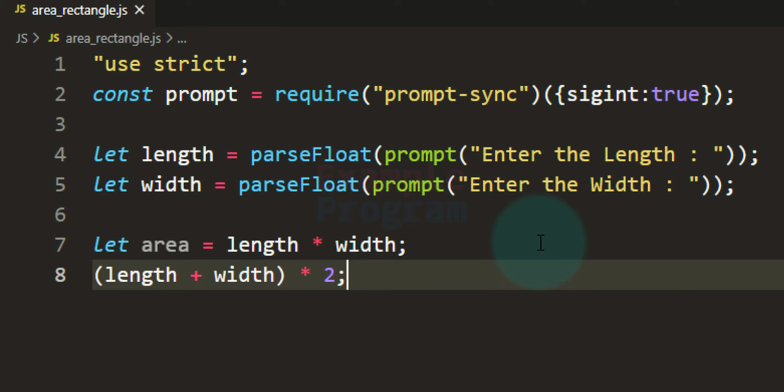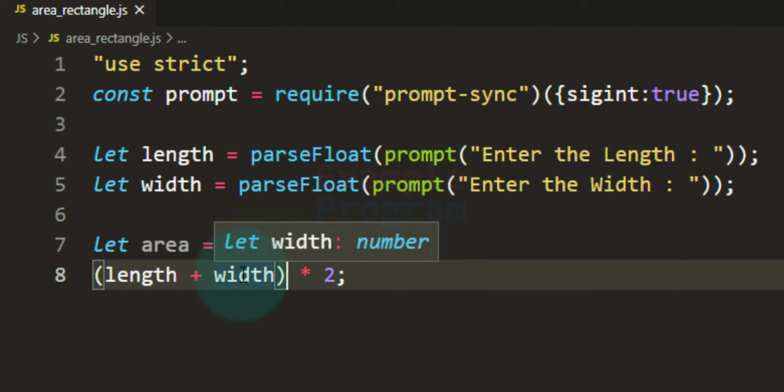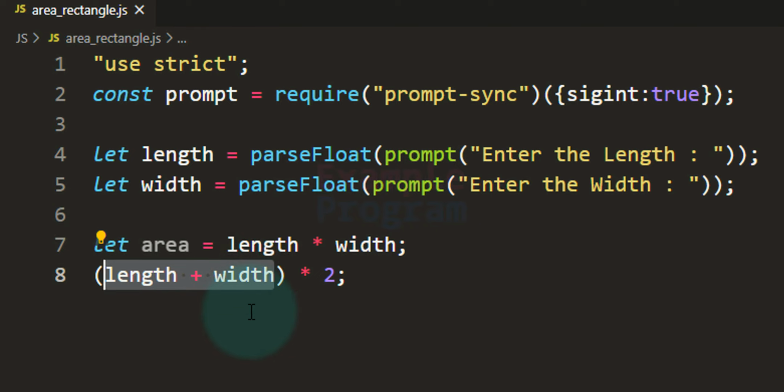What we want is to first perform length plus width, and whatever value we get, multiply that by 2. Since we are writing length plus width inside the parenthesis, it has higher precedence than the multiplication operator. So whatever is inside the parenthesis will be executed first, and then the result will be multiplied by 2.